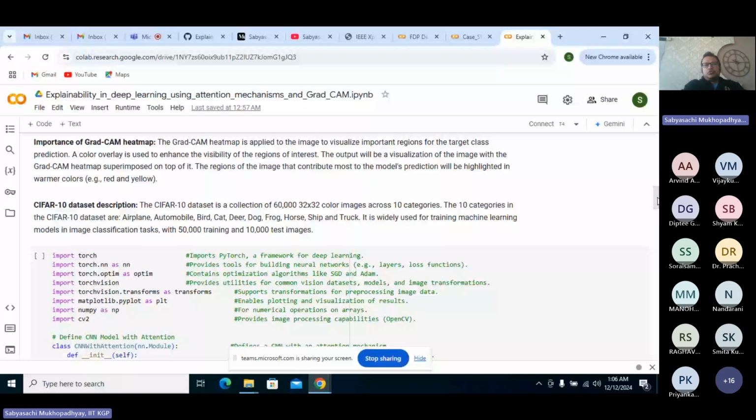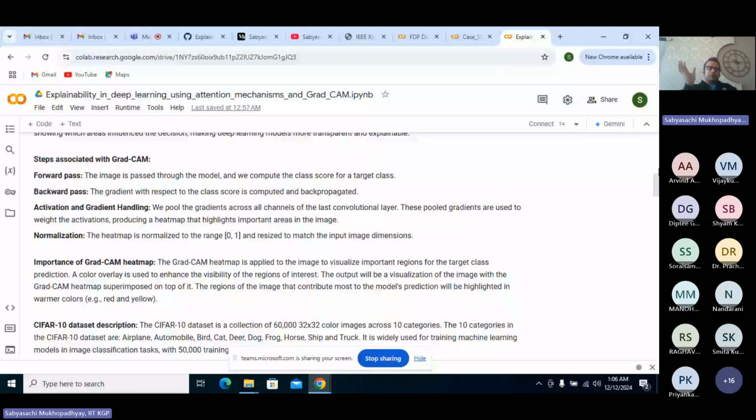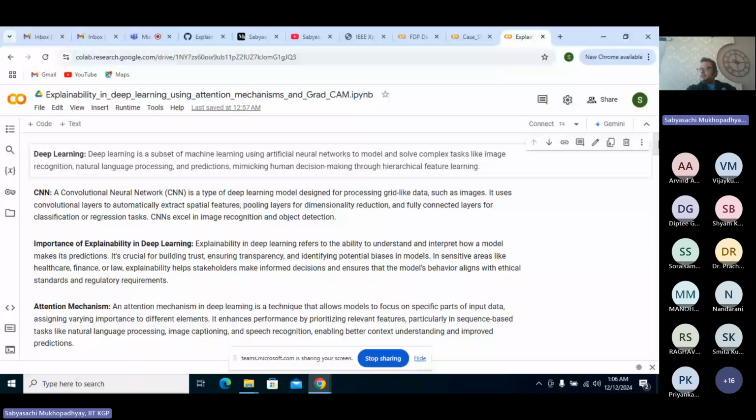So it is basically used for training machine learning models in image classification tasks, where we are taking 50,000 training and 10,000 test images. Okay, now let us start the hands-on session part. Just before going to that, I'm giving a brief overview of what we have discussed so far. We have briefly discussed the deep learning concept, then we moved towards the CNN, and after that we spoke about